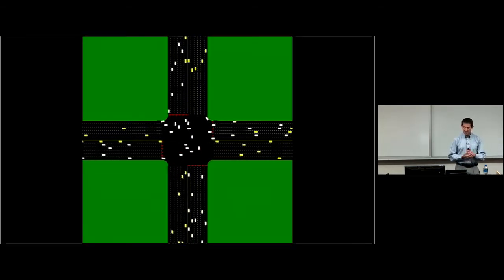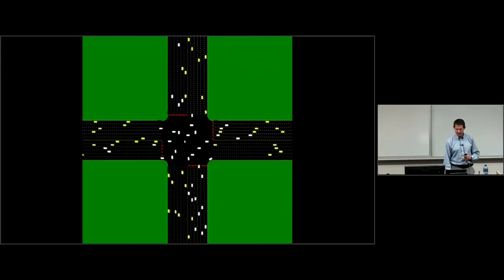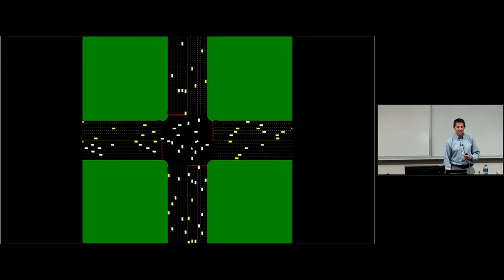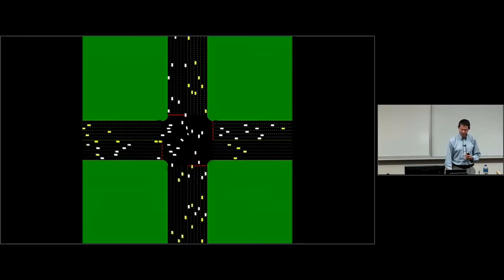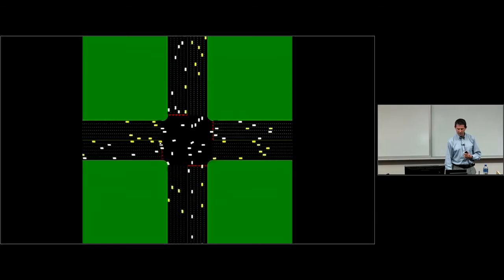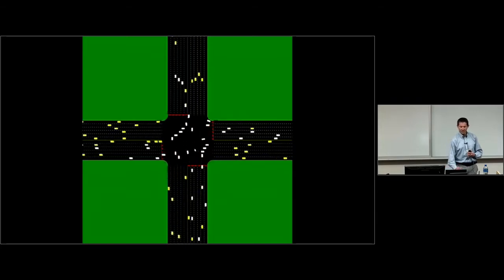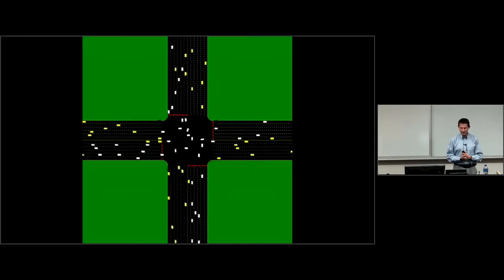This is more of a multi-agent systems concept. Rather than a traffic signal or stop sign, there's a program at the intersection that's maintaining a reservation table. The cars that are white have called ahead to get a reservation to go through the intersection. The ones that are yellow don't have a reservation yet, so they have to stop. But once they have a reservation, they can move through with guaranteed no collisions with the other cars.